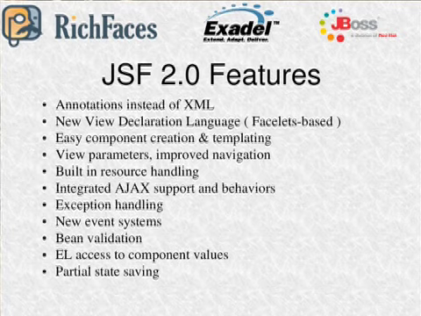Also, based on that view declaration language, JSF 2.0 allows creating components without any Java code, just as a template from existing components. It supports view parameters and improved navigation, therefore it's able to create bookmarkable Java Server Faces components